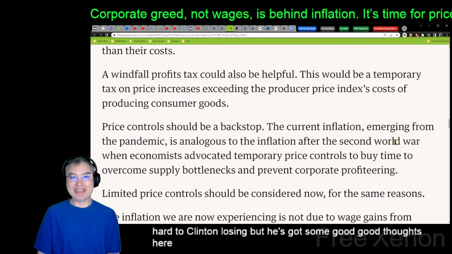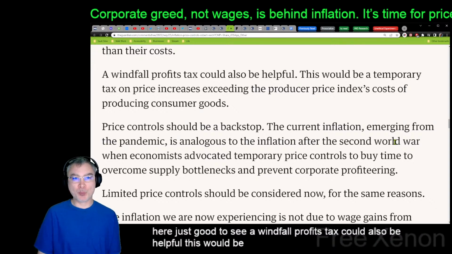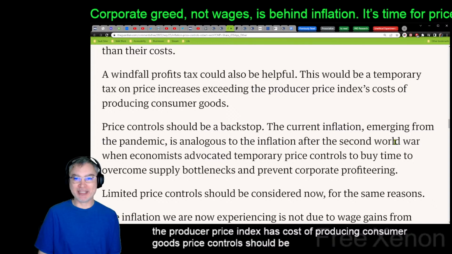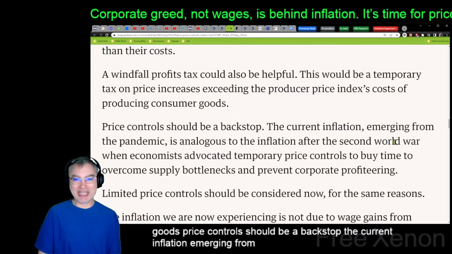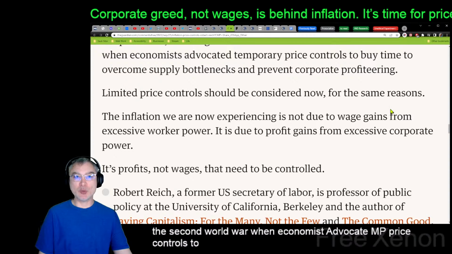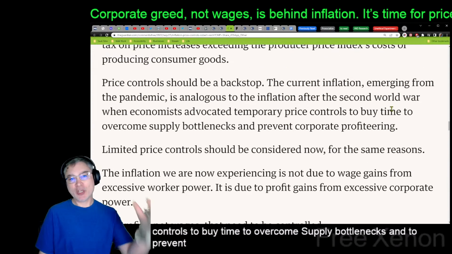A windfall profits tax could also be helpful. This would be a temporary tax on price increases exceeding the producer price index's costs of producing consumer goods. Price control should be a backstop. The current inflation emerging from the pandemic is analogous to the inflation after the Second World War, when economists advocated temporary price controls to buy time to overcome supply bottlenecks and to prevent corporate profiteering. Okay, so